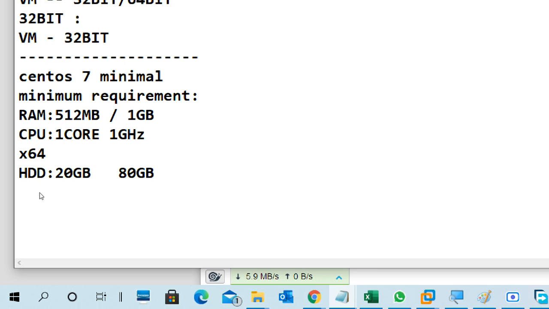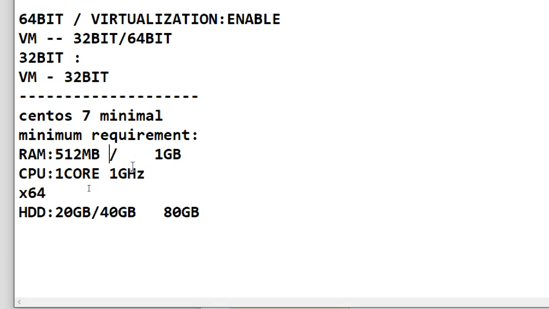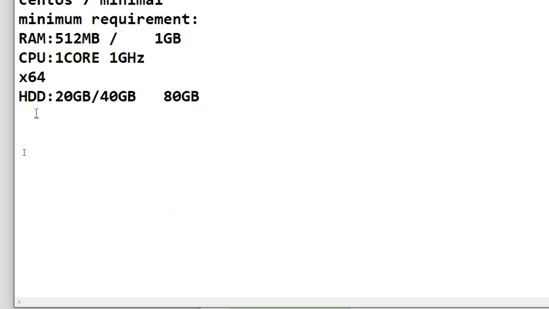The minimum is 20 GB, and the recommended is around 40 GB. 20 GB or 40 GB is a better option, but I'm using 80 GB. I'm using 1 GB RAM, though 256 or 512 is enough. One core CPU; since we are using virtual machines, we can use enough.